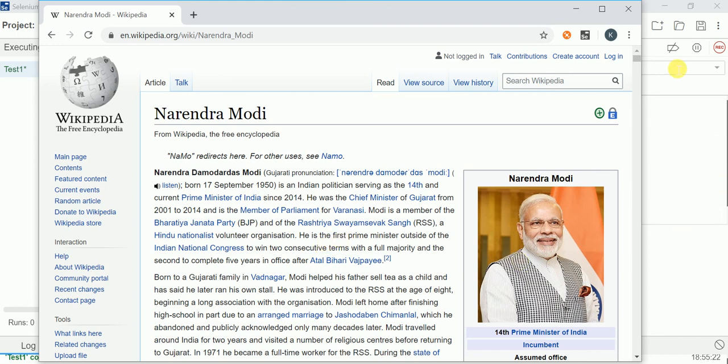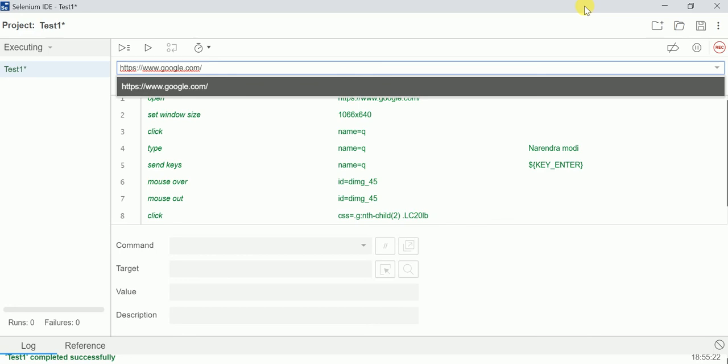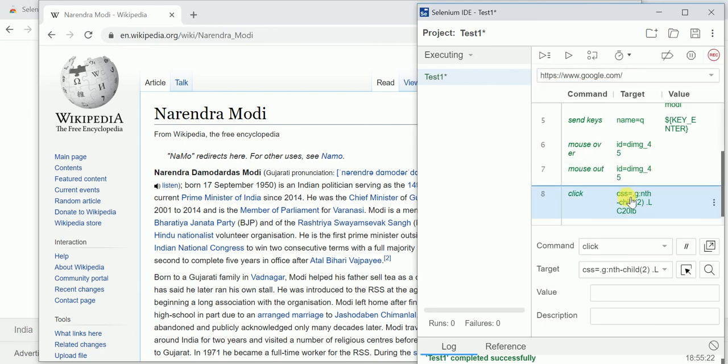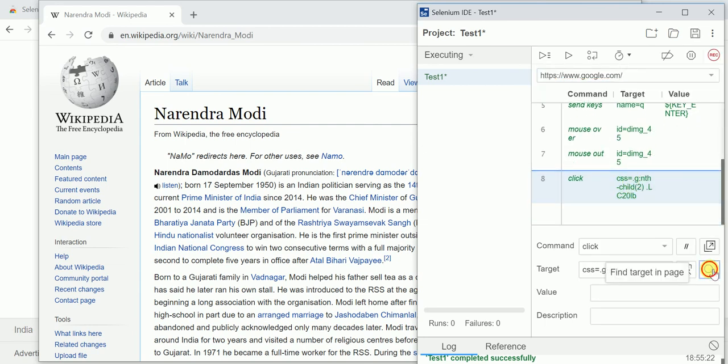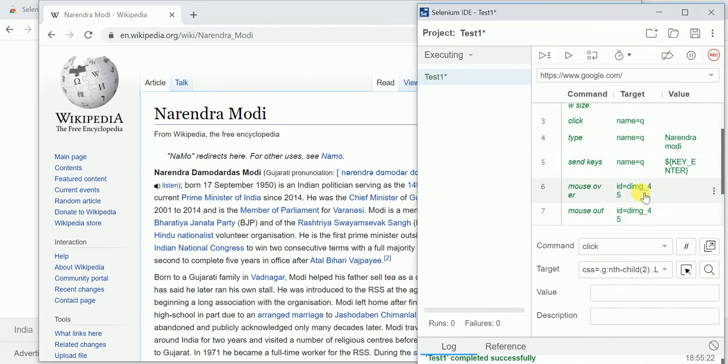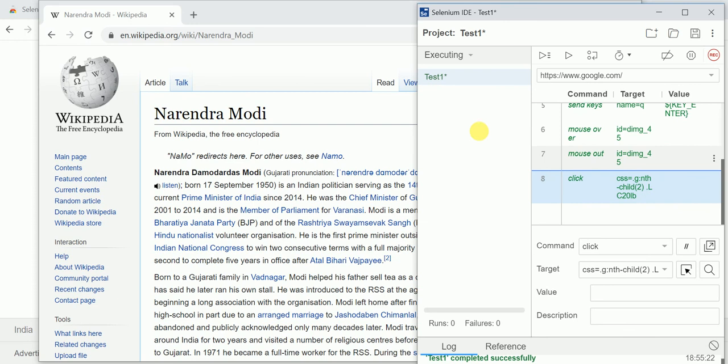But remember, we use Selenium IDE very little. It is only for record and playback of the scripts. But you can identify elements here. For example, this last element, I want to verify whether it is highlighting or not. No, it is not in this page. We are on the wrong page now. Because this element is not located in this page, the locator is there in the previous page. So by using find target in page, you can easily locate any element.